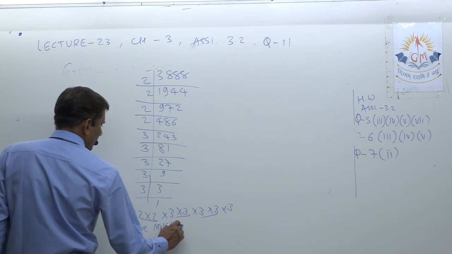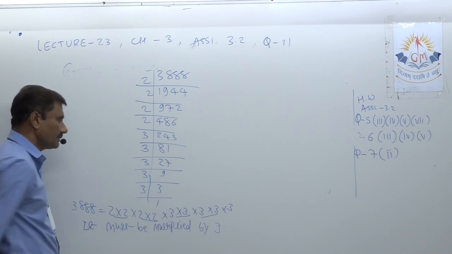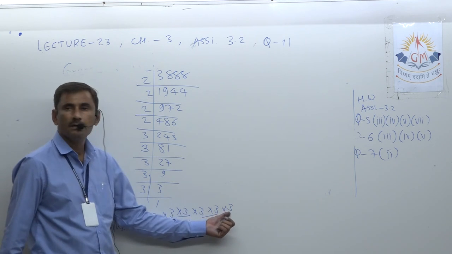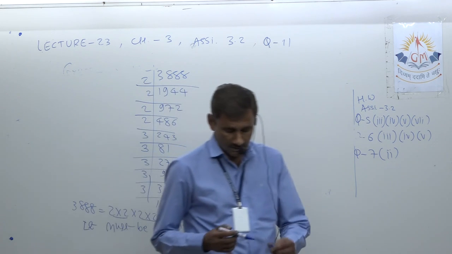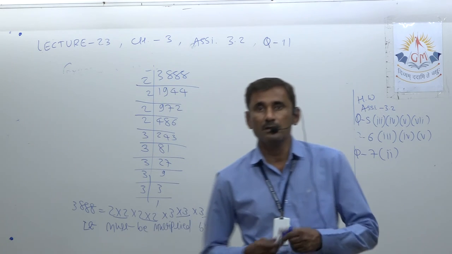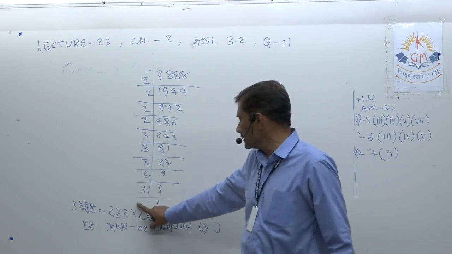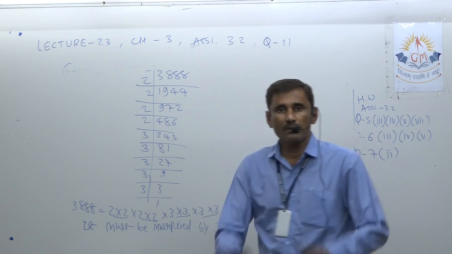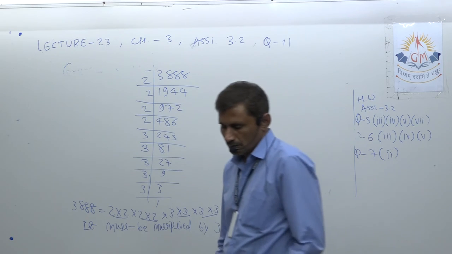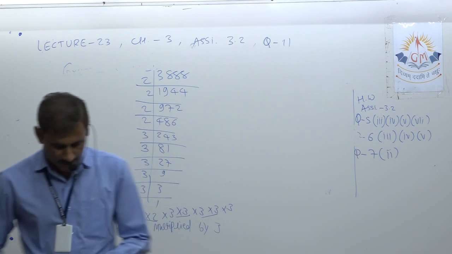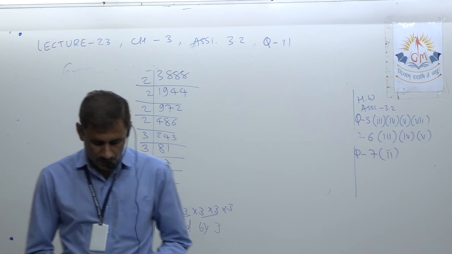Why? I explain again. Because we want a perfect square number here, but one 3 is left, which is not in a pair. For making it paired, we have to multiply the given number by 3 so that one extra 3 will be there. So everywhere a pair is formed. Understood? So up to 11 only we keep our today's lecture.